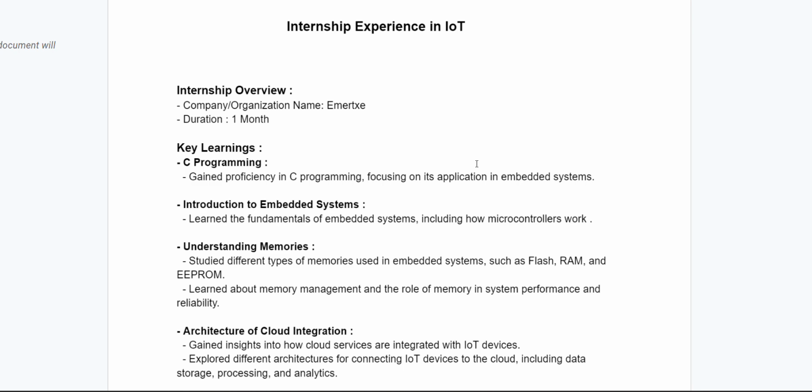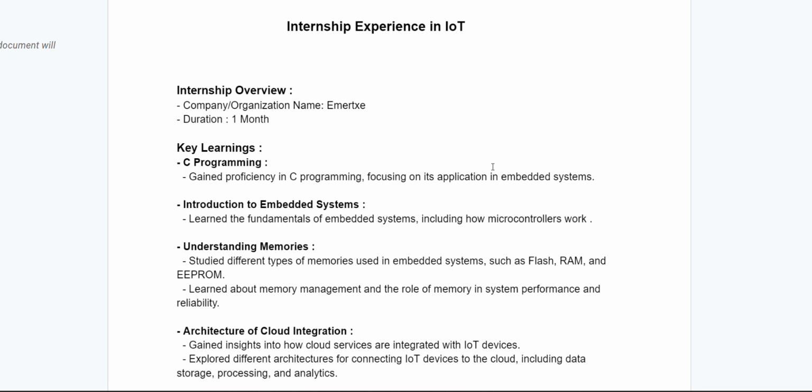In the starting 2 weeks, I learned C programming for embedded systems, which was crucial in writing efficient code for Arduino. Additionally, I gained an understanding of embedded systems, what is an embedded system, and different types of memory,